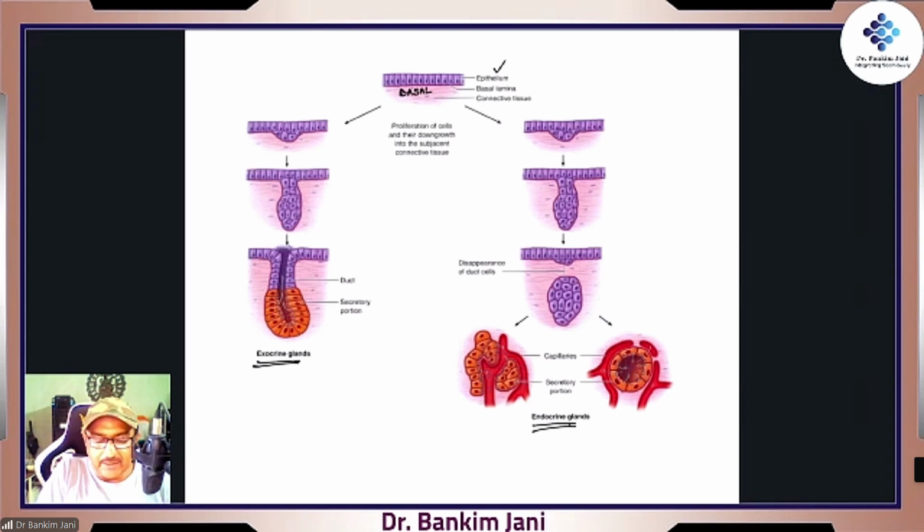So these are the nuclei and they are at the basal side. And then there will be proliferation. There will be multiplication of cells and they are growing down, right? Into the adjacent connective tissue. This is the connective tissue, right? So this one is the connective tissue. This is connective tissue, this part. Right? So that's the connective tissue. It keeps on developing, right? Proliferation, that is multiplication of those cells, it keeps on happening. And finally, they would differentiate, but then there would be the formation of a duct. This is the duct. This duct is opening outside.